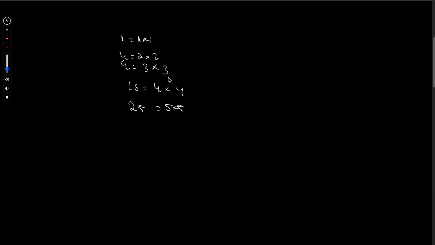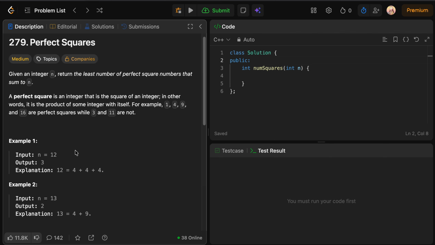So you get a number n, and you can add perfect square numbers. You must make the total sum equal to n and find the minimum count of numbers used. You do not need to return the combination, only the minimum count. Okay, if we have